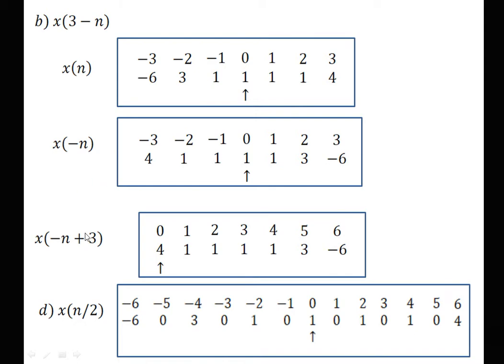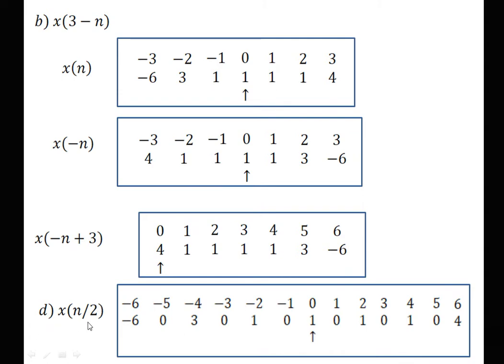After that we require to apply the operation of shifting. Now here plus 3 indicates the signal delays because minus n is there. So in terms of delay we always shift the signal to the left hand side. So this is the original signal, that is x of minus n. Shift the signal to the left by 3 units, 1, 2 and 3. So here our signal gets started. So this is nothing but the folding and the delay operation.